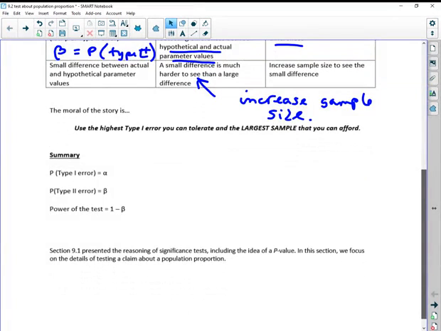Here's a summary of the probabilities. Probability of type 1 error is alpha, probability of type 2 error is beta, and the power of the test is going to be 1 minus beta. We'll look at that in future pages. Okay, so